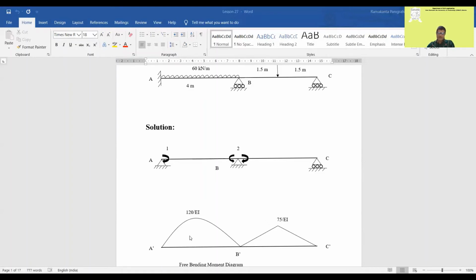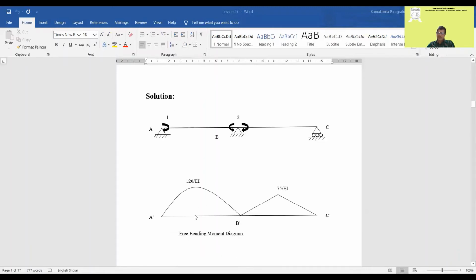So you draw the free bending moment diagram divided by EI. Free bending moment diagram means you assume both spans are simply supported, draw the bending moment diagram for the given load, then divide by EI. If I is the same, it is okay. If I is different, you will take the different I here. So the moment of inertia variation can be incorporated in the diagram. Now this free bending moment diagram will be the loading on the conjugate beam. In the conjugate beam, the shear at any section is equal to the slope, and the moment at any section is equal to the deflection on the actual beam. That concept is used in the flexibility method to find the solutions.